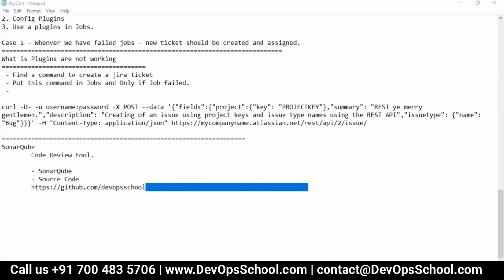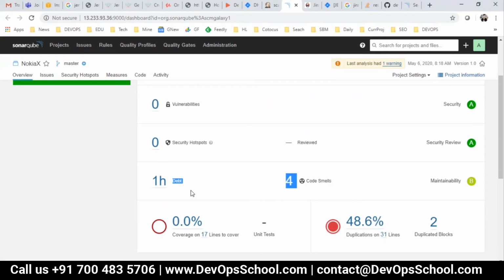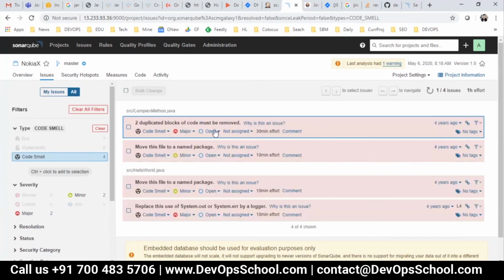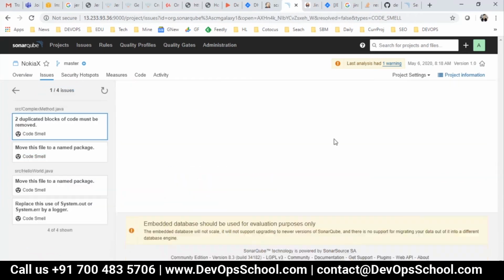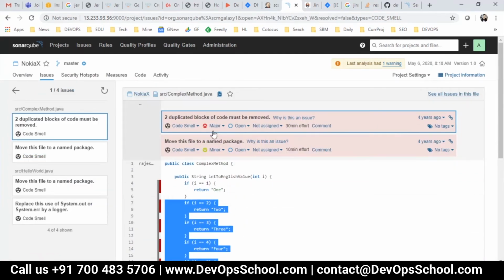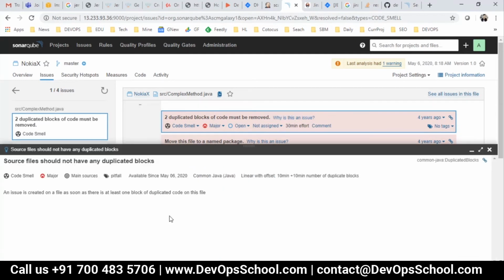here, I have 4 issues in the code. How much work do we have? 1 hour of issues, it can be fixed. And in detail, if you want to know, these are the 4 issues. Who's the culprit? Let me find out the culprit. This culprit introduced this bad code 4 years ago, and his name is Rajesh. And the date, time, what is the issue? This is the issue. How can you fix it? So you have all this